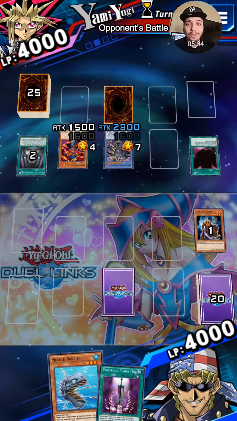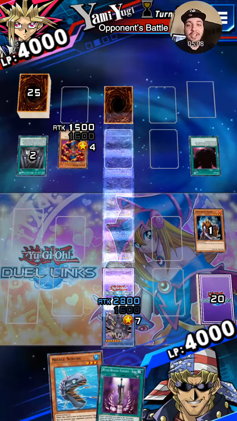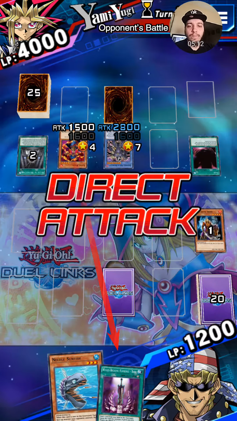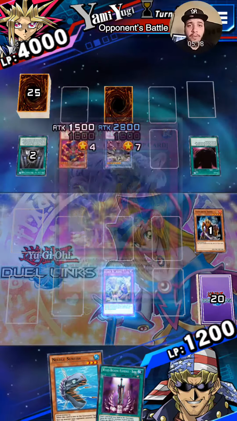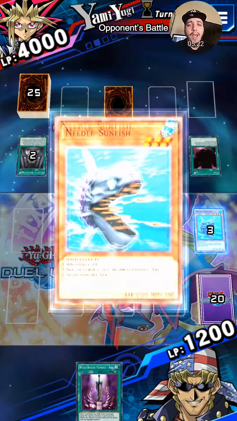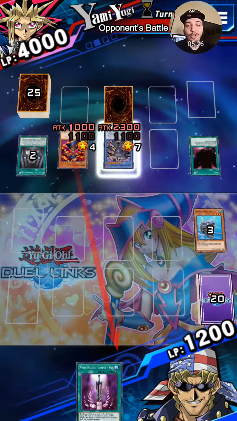That is a fast duel, guys. That is a fast duel. That's the game of Yu-Gi-Oh, folks. There's actually nothing we can do right now. Even if we actually use Needlefish, I'm just going to use it because I could have used it to negate or take less damage. But the thing is, there is pretty much nothing we can do. That is a great opening,